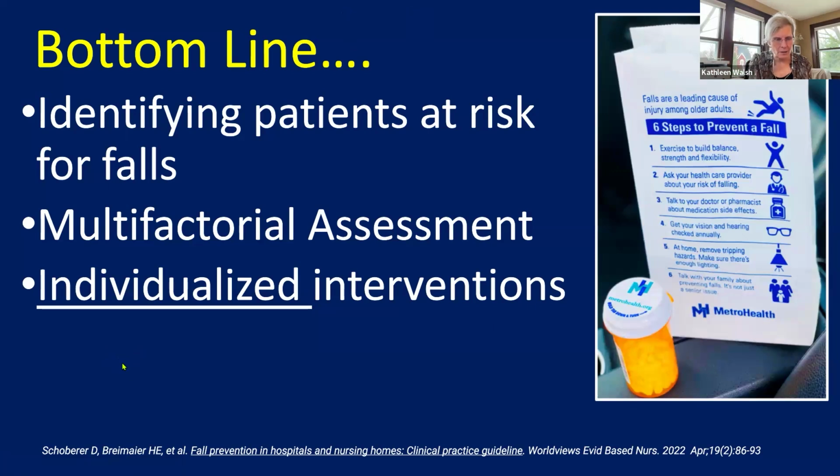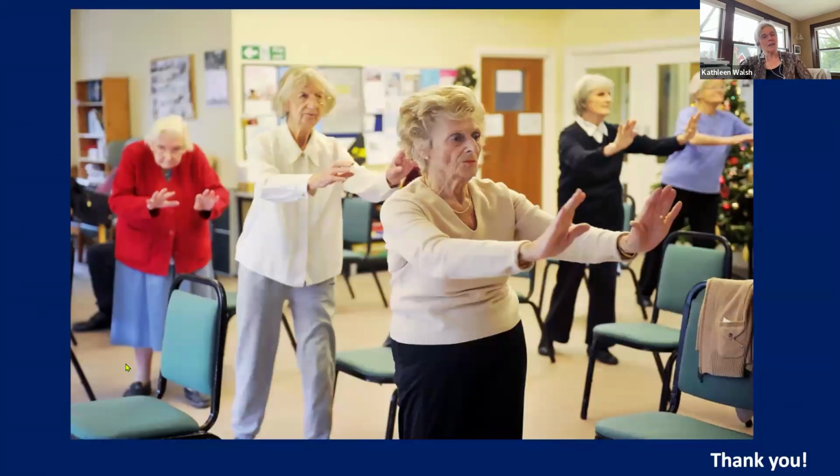If you go down here, Tony, to the bottom, that is a great article, Fall Prevention in Hospitals and Nursing Homes, Clinical Practice Guidelines. This was just published in 2022. So another great resource for people to look at. And the bottom line, honestly, it's all about balance. It really is. If someone has good balance, you usually don't fall. And so this is one of our Tai Chi classes, and you look at the different age groups there, it's just lovely, but it just works. It works. Tai Chi is lovely. So that's a lot of information. Thank you. And I'm ready for some questions.